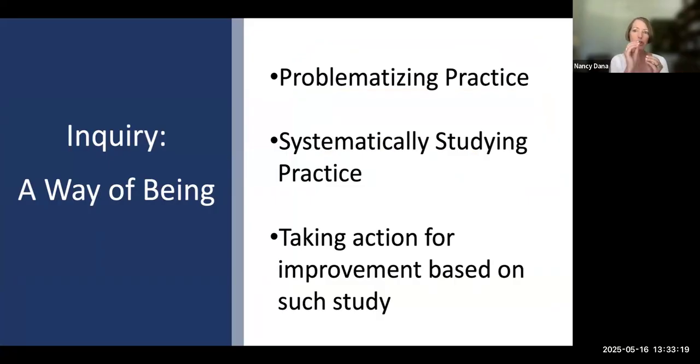Before I taught you about those 5 components, which you are going to journey through in your PEPSA inquiry experience, I said it's really first and foremost important to realize that inquiry, more than anything else, is a way of being. And that being includes 3 things.